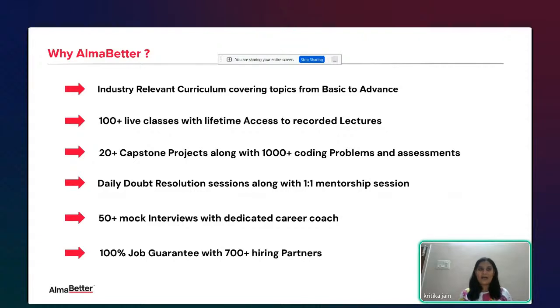So what do we cover in AlmaBetter and why AlmaBetter? See, there are n number of platforms if you want to upskill, if you want to take a job guarantee, but why AlmaBetter? So first of all, we do have industry relevant curriculum. We have topics covering from basics to advanced. See, people, what we do is we generally sit with the industry experts. They know what is the need of the industry, right? So we sit with them, we design the relevant curriculum with them, and then accordingly, we share the curriculum. So we set the curriculum like that. So that is the reason why AlmaBetter, because you get the relevant curriculum which is covering the topics from basic